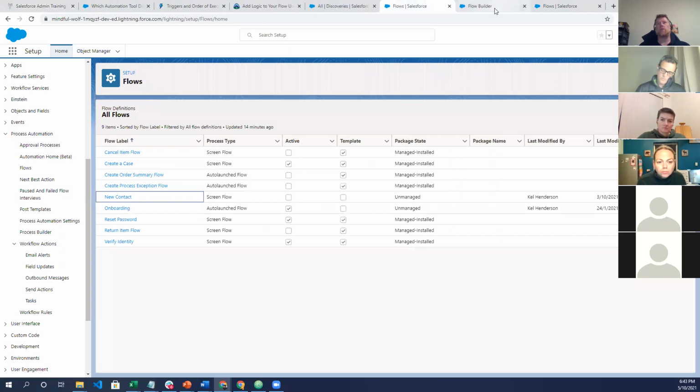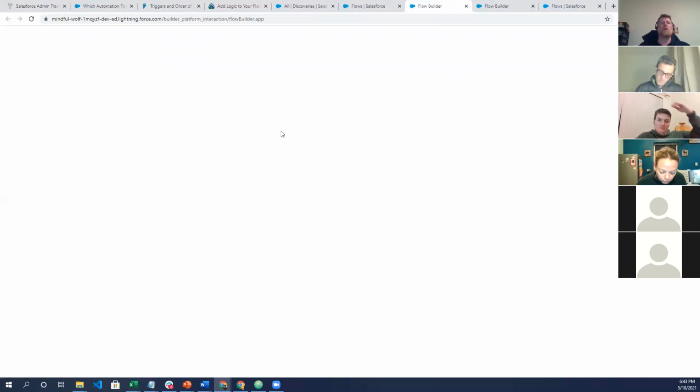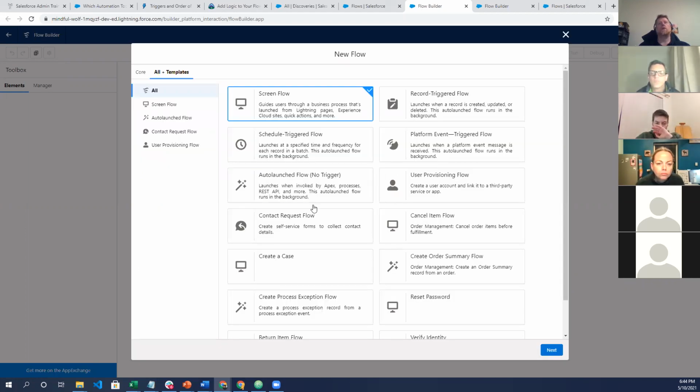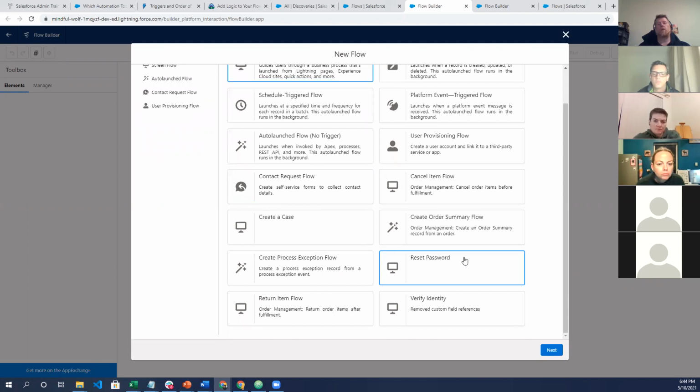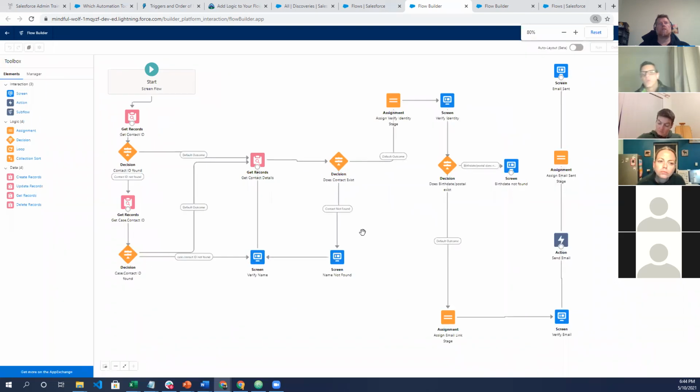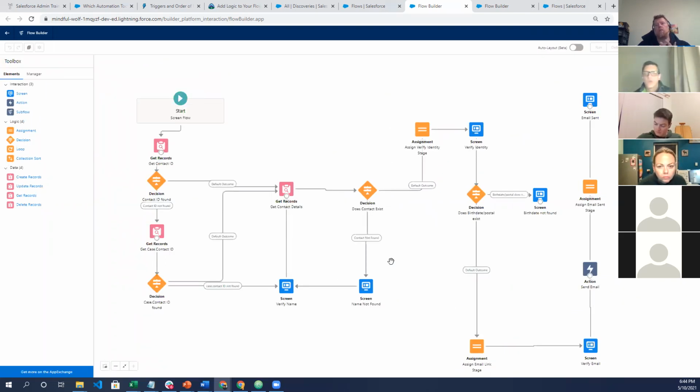Before I continue ranting too much, I'll just jump back quickly to that step that I missed, which is at that initial stage, your flow is set up with one of those 5 options at the moment. I'll just jump over and show you the templates. So you've got more templates here. Reset password template. You kind of know what would happen there. So you can go and create one from the template, and you can see that from a resetting a password,